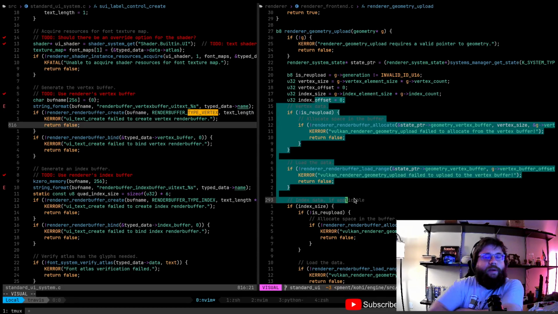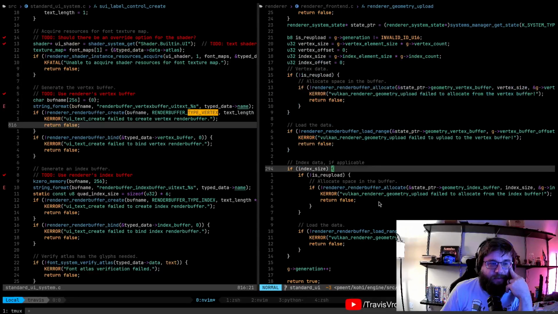And the thing is, do I want hard-coded, like hard API calls for this, right? Do I want to expose one method for the index buffer, one method for the vertex buffer? Or I suppose I could provide one method, say what type of buffer we want to upload to, get the internal buffer based on that, and then this logic is largely the same.